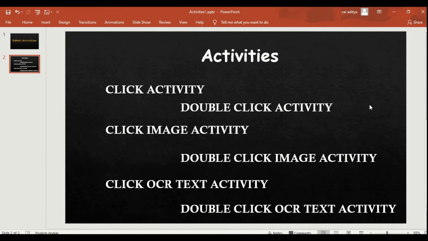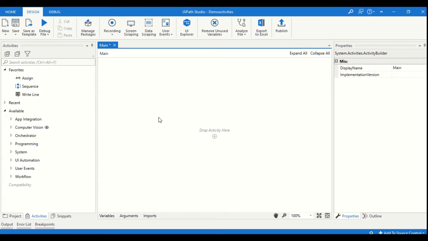There are some UI elements whose objects are not noticed in the browsers. In that case we will use click image, which uses an image and not the object, to indicate the click. And click OCR text activity is used if there is text; we will use the click OCR text activity. Let's see the practical view of this.